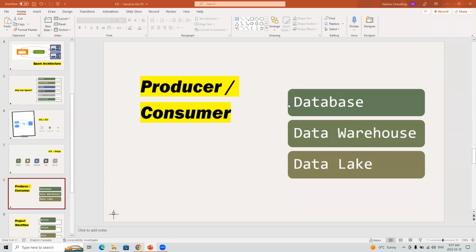And Divya is saying data warehouse is the place where the data is transformed. Okay, but we can transform the data inside a database as well, Divya. Mr. Jayant is saying data warehouse is a type of data management system that is designed to support business intelligence. Okay. And Gotham is saying data warehouse transforms data, data lake is raw data, database is transactional data.